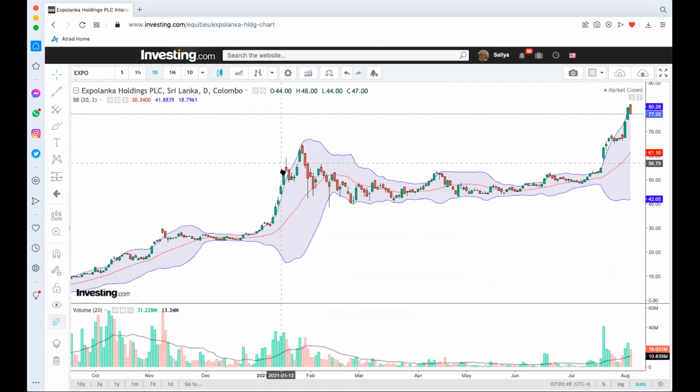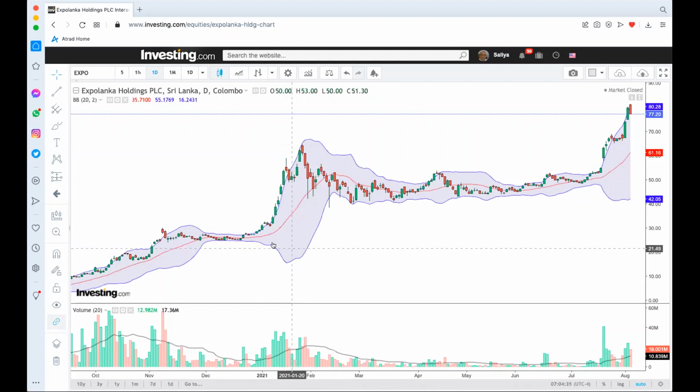The outer lines, one at the top and the other at the bottom, are a combination of the 20 period simple moving average plus the outer band. The upper line is the combination of the 20 period simple moving average plus a 20 period standard deviation line multiplied by 2. The lower line is the 20 period simple moving average minus 20 period standard deviation times 2. That's how these lines are being